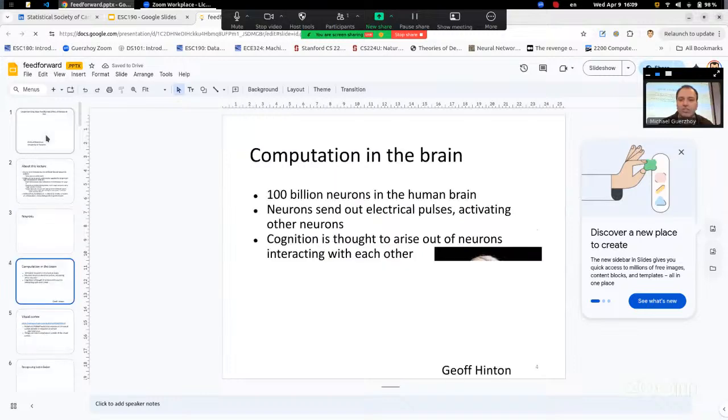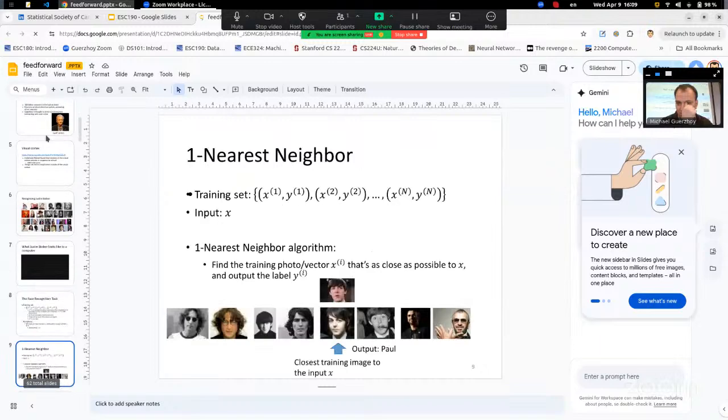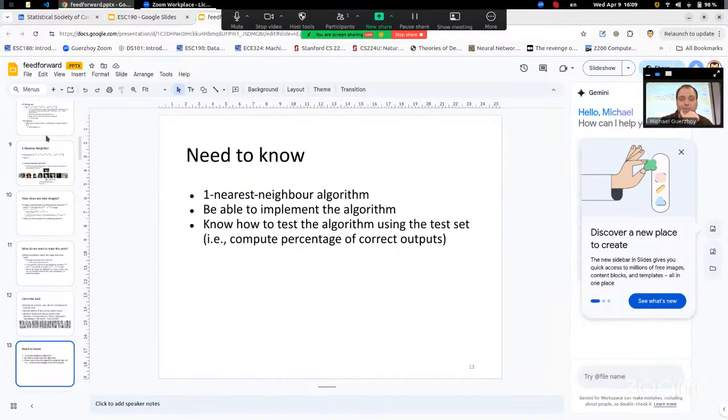So I'll just go and find the, okay. So this is the first what-you-need-to-know thing, right? And that's one nearest neighbor, and basically what it does, right? So